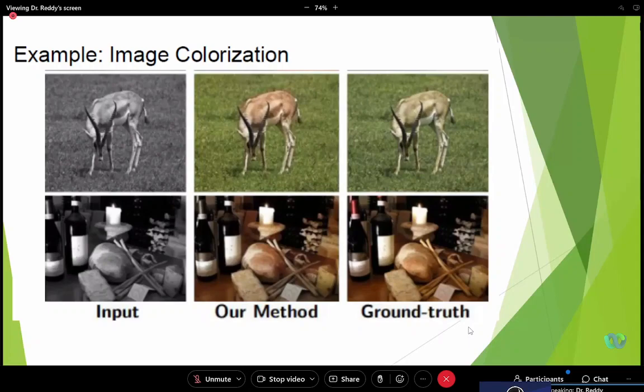Now, if you see the first row and second row, in which example is the model used for this colorization problem working fine? You tell me. First row, second row. First example, second example. Which one is it showing effectively? Second one. If you see the second example, it appears that both have the exact same image, the actual image and after colorization.